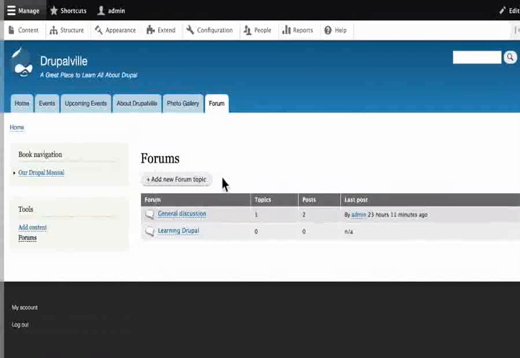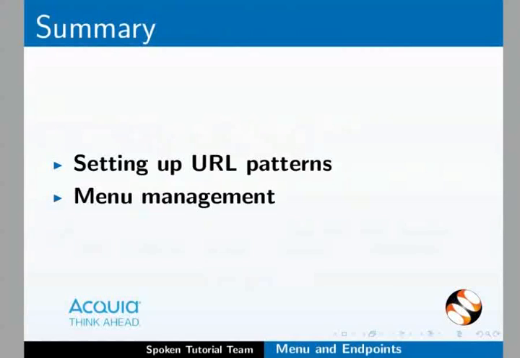So play around a little bit to understand it better. With this in our menu system, it will be easier to create menu item for a view or a content type. With this, we come to the end of this tutorial. Let us summarize. In this tutorial, we learned about setting up URL patterns, menu management,